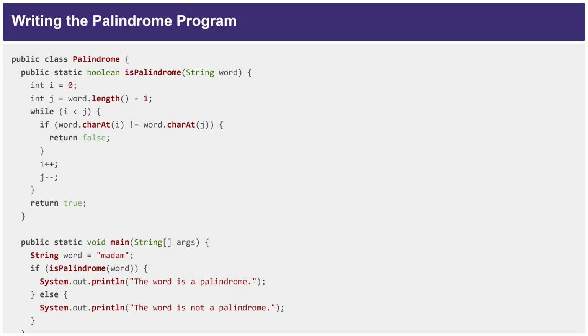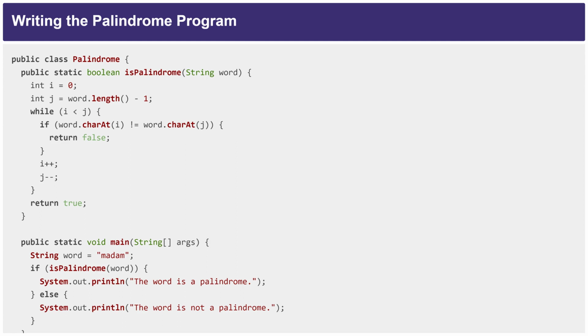This code snippet is a Java program that checks if a given word is a palindrome or not. The main method initializes a string variable, word, with the value, madam. The program then calls the isPalindrome method passing the word variable as an argument. The isPalindrome method checks if the word is a palindrome by comparing characters from both ends of the word using